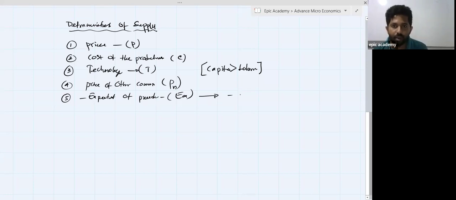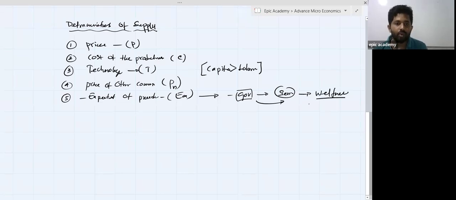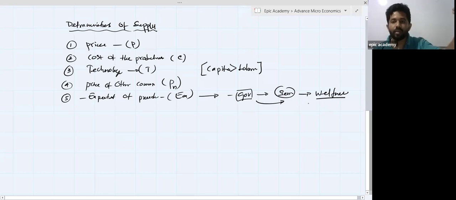So just consider a government organization. They are already getting losses. But they are continuing their production activity, goods and services production activity. Why? The expectation is not to get profitability. The expectation is social welfare. So that is why they are going to continue the production with the losses. Okay. Sometimes it can happen.